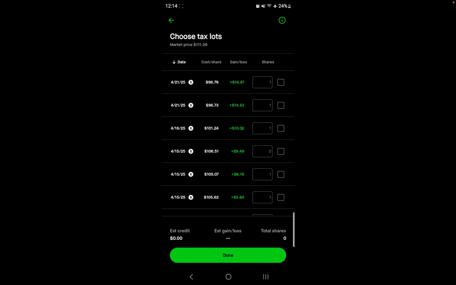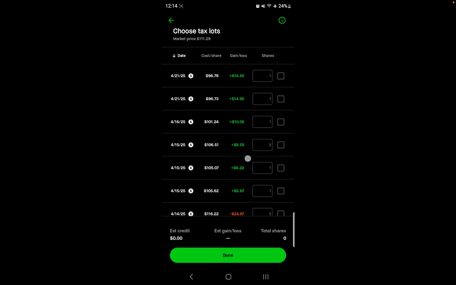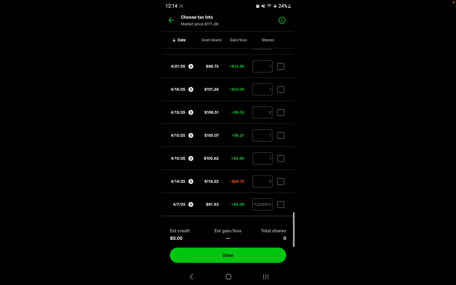As you can see, the top one says I purchased a share for 96.79. So if I wanted to sell this one that has the biggest gain for tax purposes, I could do that. Now, also, if I scroll all the way down, you can see second from the bottom, purchased on April